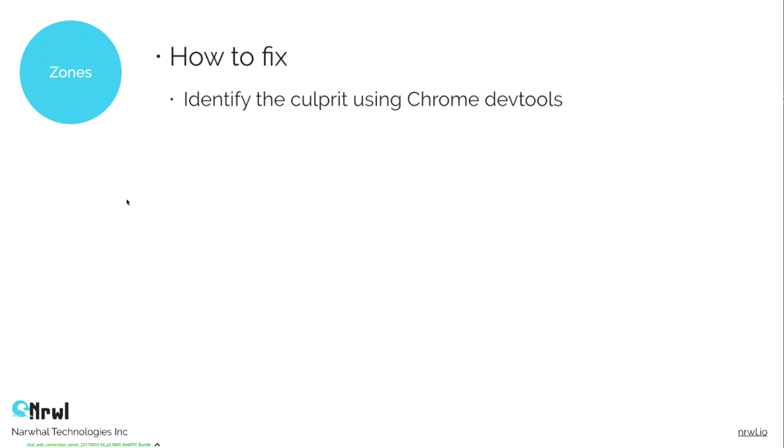If we control it, well, first we want to identify the culprit. So using Chrome Dev Tools, debugging, stepping through, looking at the profile and looking at function names and all that. I won't go into how to do that here because there are lots of tutorials you can find, like on Chrome's developer docs, to figure out how to do that. But you want to look for it and figure out which functions are doing it and trace